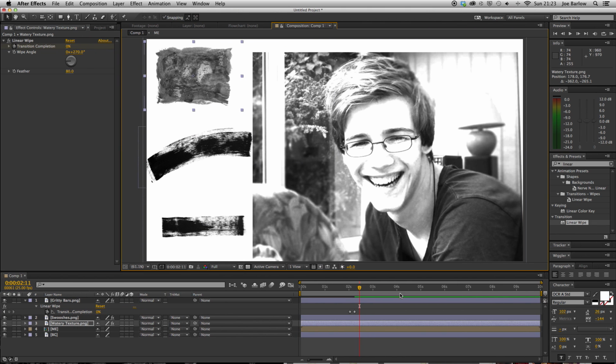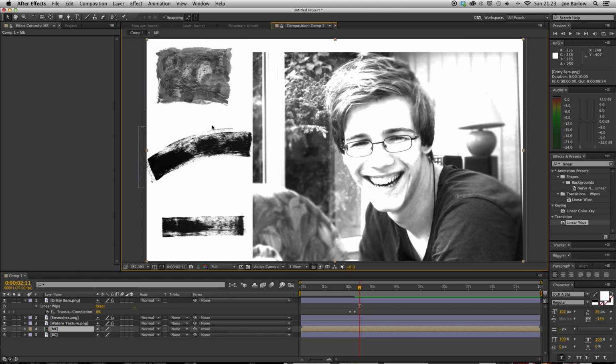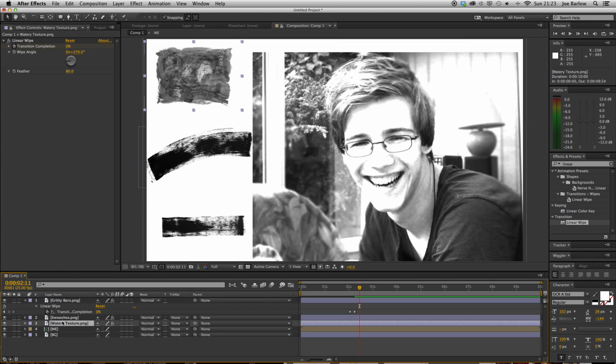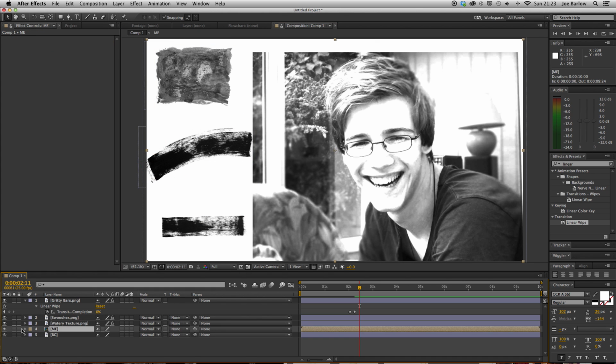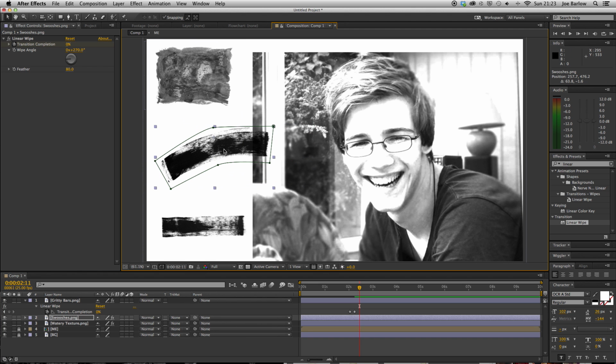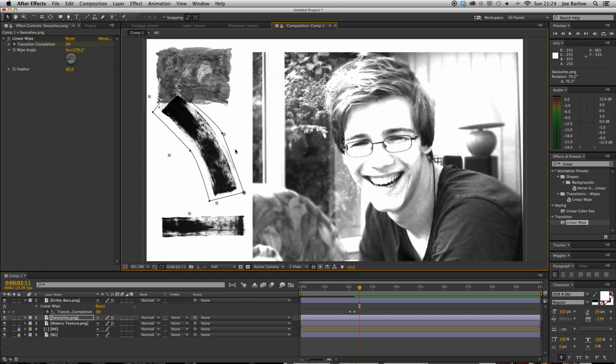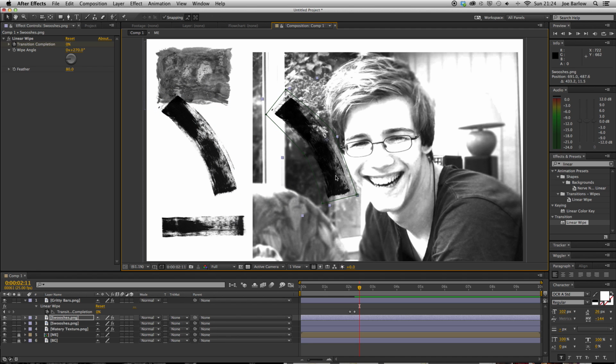So let's go back to our picture. What I'm going to do is go through with each of the textures and paint me. I'm just going to quickly lock these two layers so we don't knock them. There we go. I can move these, but what I'll do is copy and paste each of these onto the picture one by one, or even press Command D, or Control if you're on a PC,